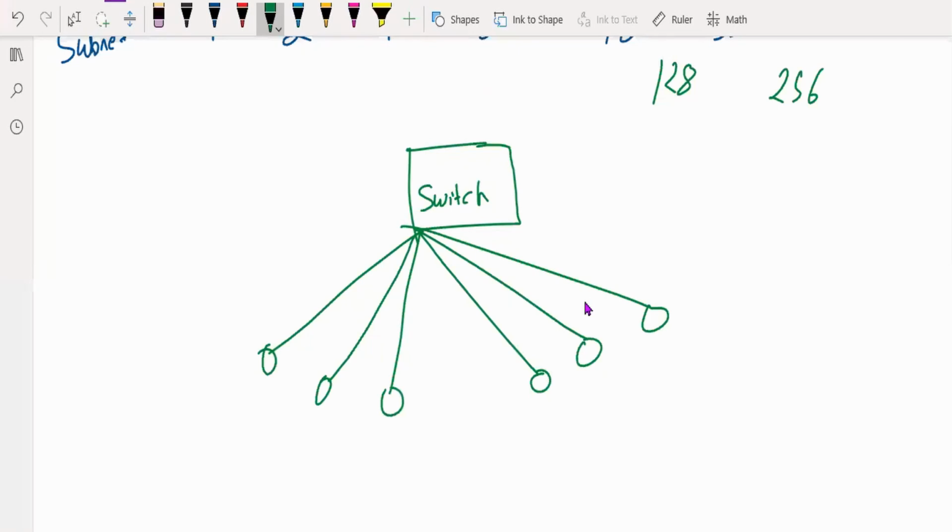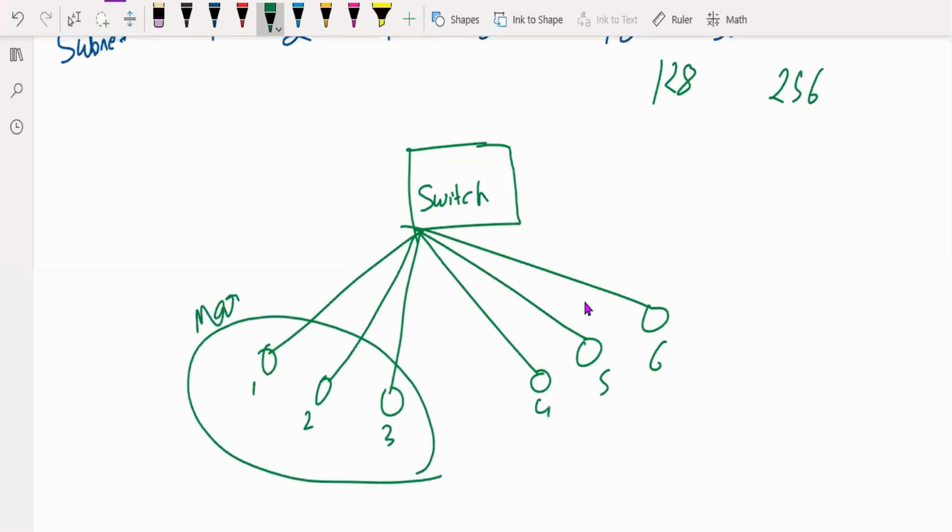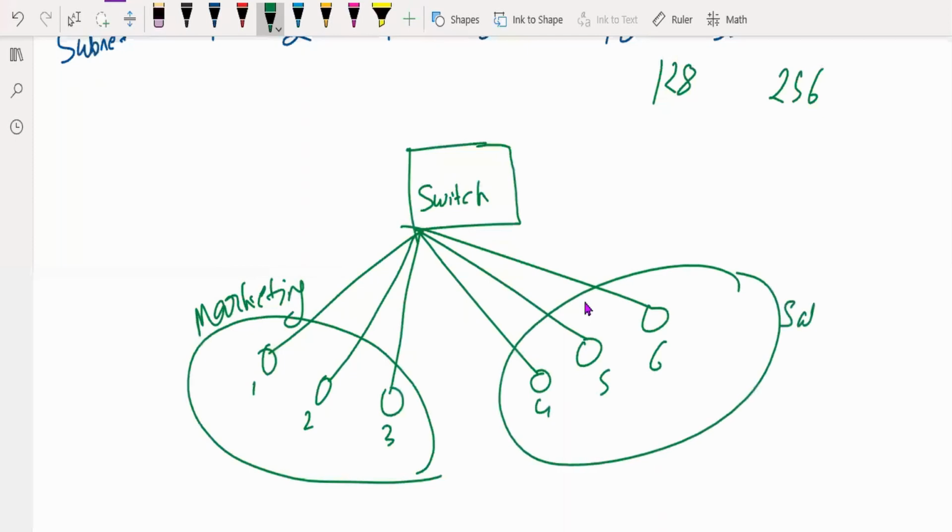That's why they are virtually in different networks. So this is PC number 1, 2, 3, and this is 4, 5, 6. And suppose I am dividing one group as the marketing team, and this one is the sales team, as we did in our previous class.